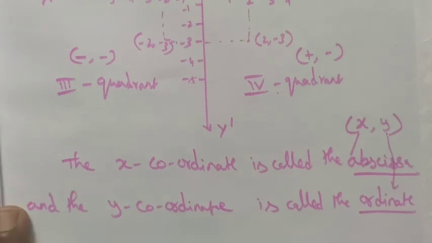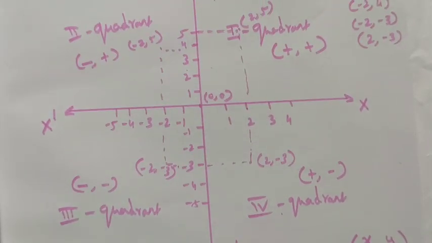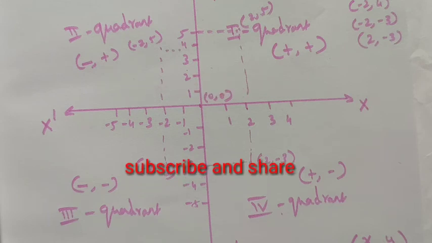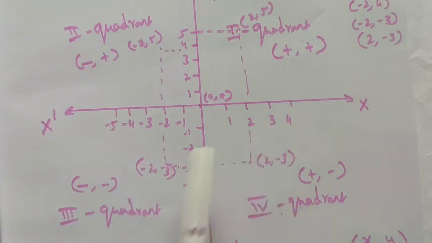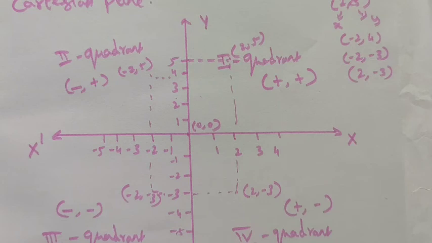By using the quadrants we can position the given coordinate points. Even without a graph, we can say which quadrant the given coordinate points appear in by using the signs. So positioning the given coordinate point in the Cartesian plane is coordinate geometry, and finding the shapes further we will see in the next videos.